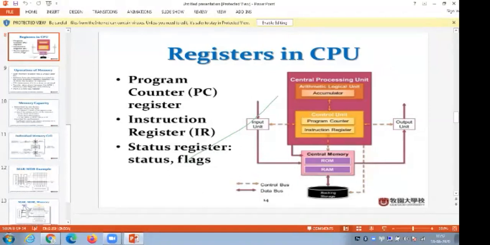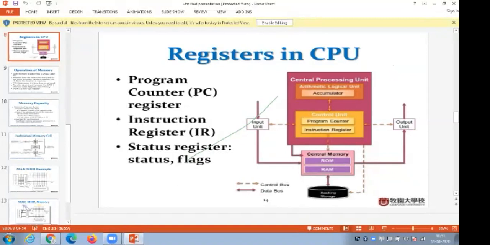So when there is an arithmetical and logical operation, or a program, or anything to be executed from the input device, it goes to the CPU, where the registers calculate everything and then show it in the status, and then send it to the memory. From the memory, we will execute it out to the output unit. This is the complete architecture of what is happening in the CPU.